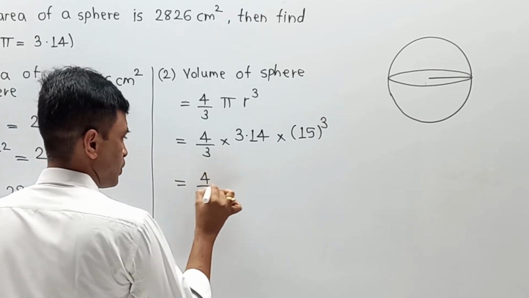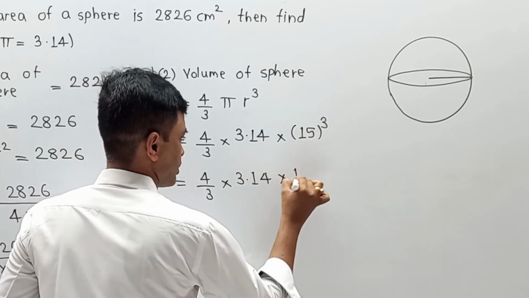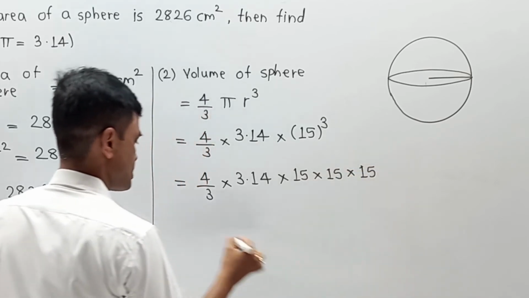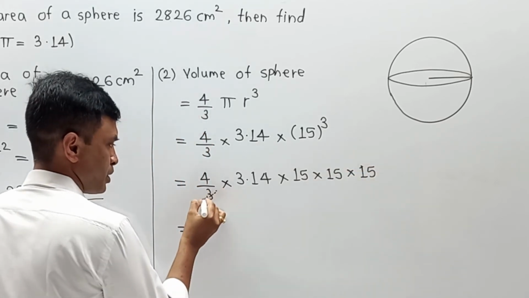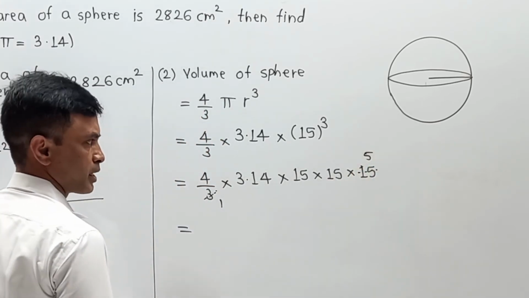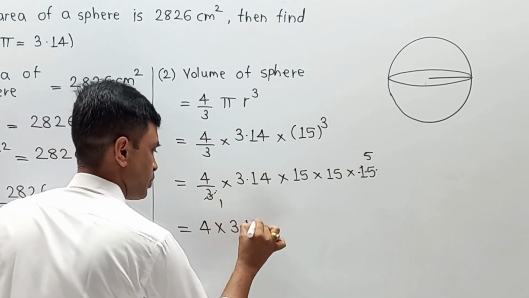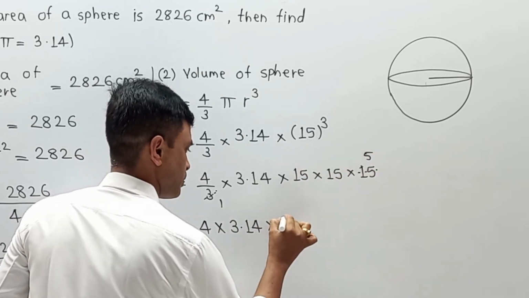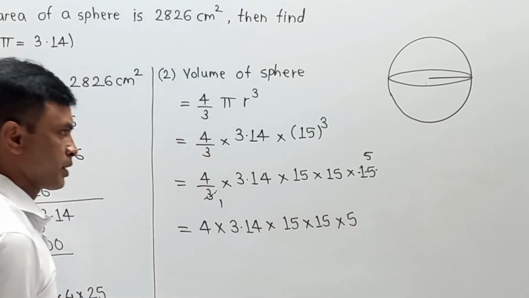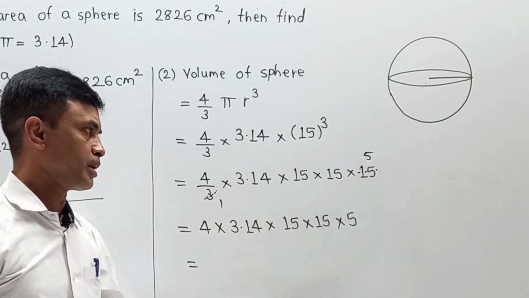Simplification: 4 upon 3 into 3.14 into 15 cube means 15 into 15 into 15. 3 ones are 3, 3 fives are 15, and we will get the number 4 into 3.14 into 15 into 15 into 5, and this product will be available as centimeter into centimeter into centimeter,